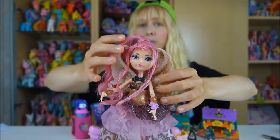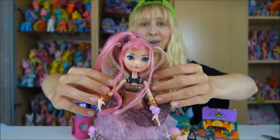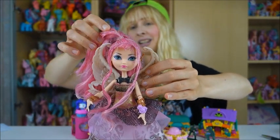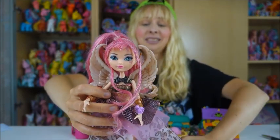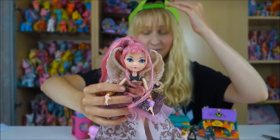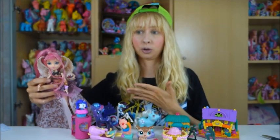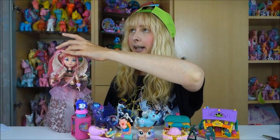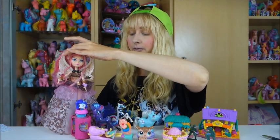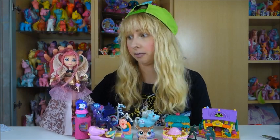And I picked her up for €5 and I was like, for sure I want to take her, even if my friend doesn't want her, then I will keep her. But I hope she likes her, I hope she doesn't have her. And I was just so happy that this was the very first Ever After High doll I ever found at a flea market. And then for a good price, because when you find those Monster High dolls, they are still kind of expensive for flea markets. When you find them, people want more like 10, 20, 30 euro for them. And she was like 5, so...